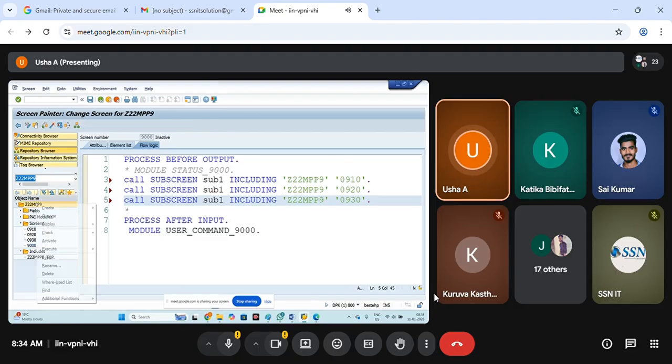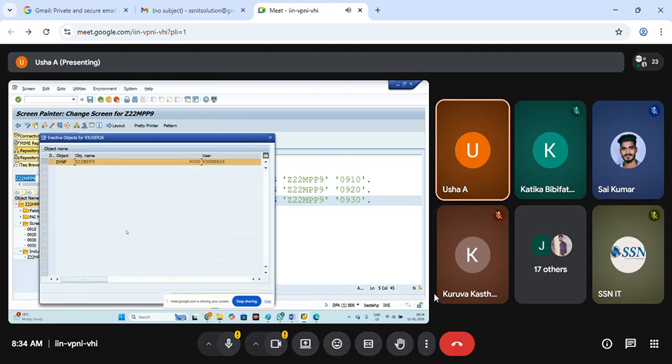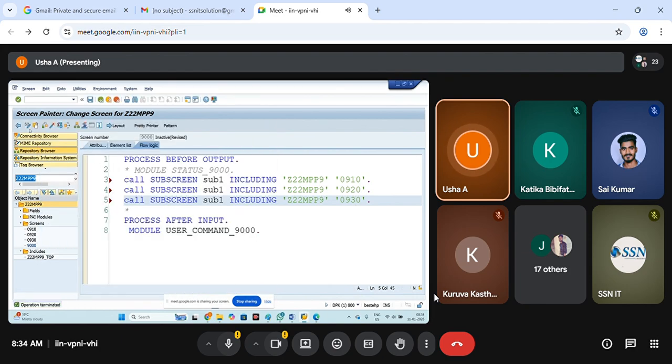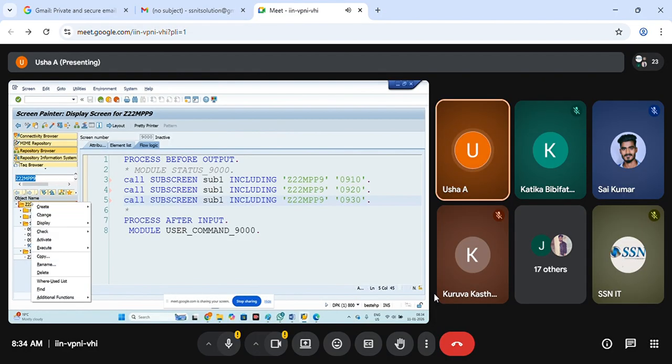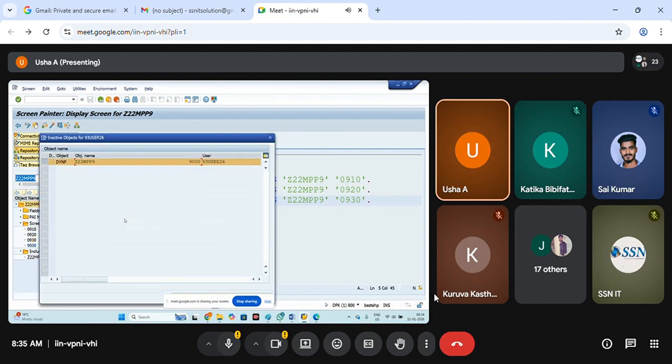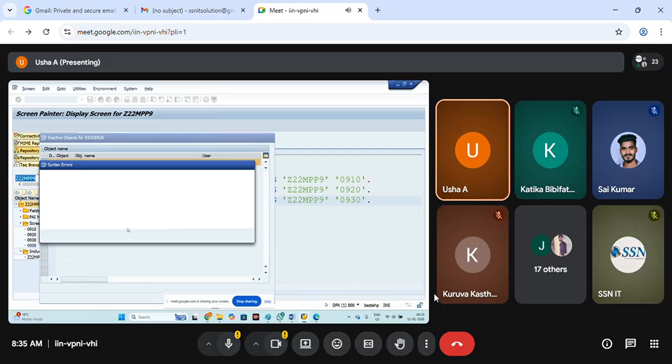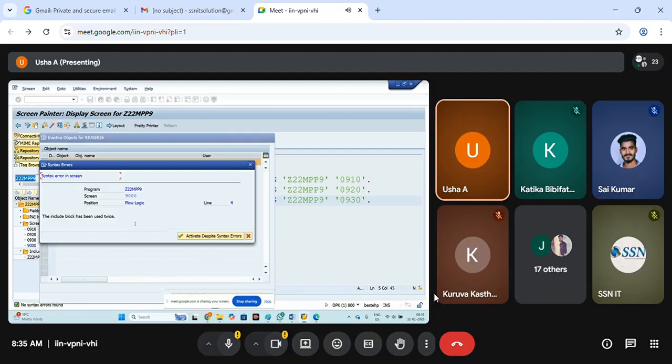Now right click and activate. Whenever you are activating at the screen level, it will show you are editing. Then just click on display mode, save it, and then right click and activate. What happened?